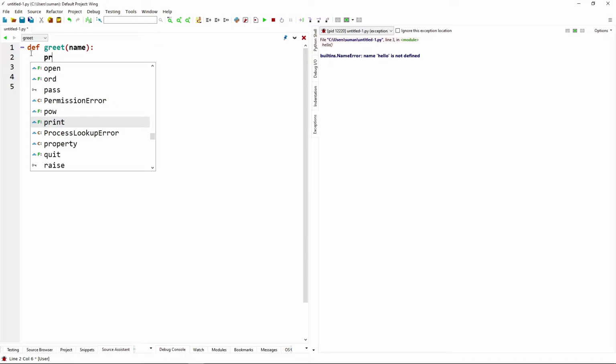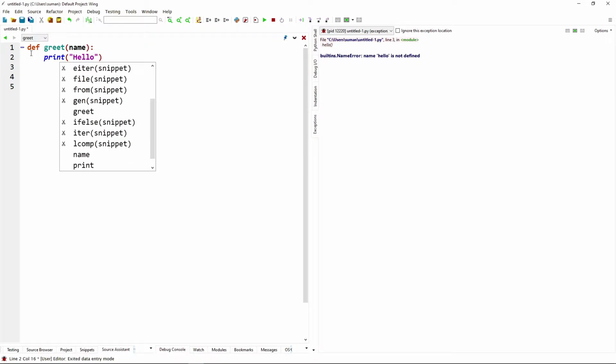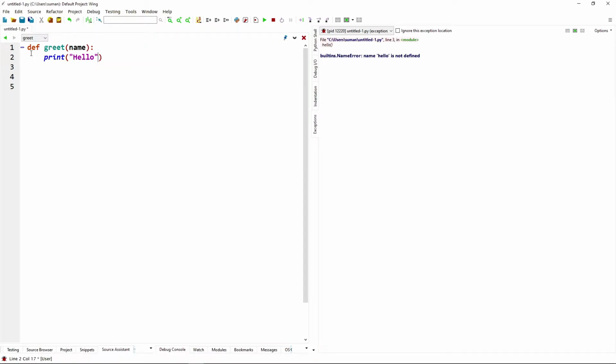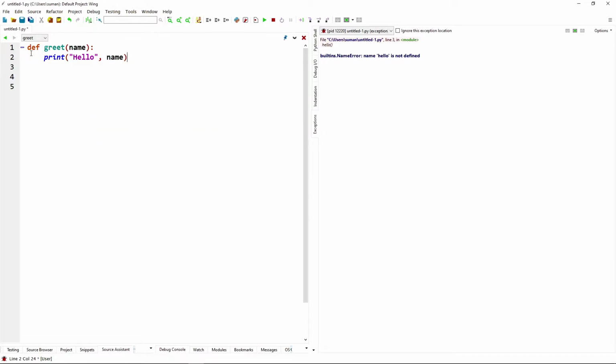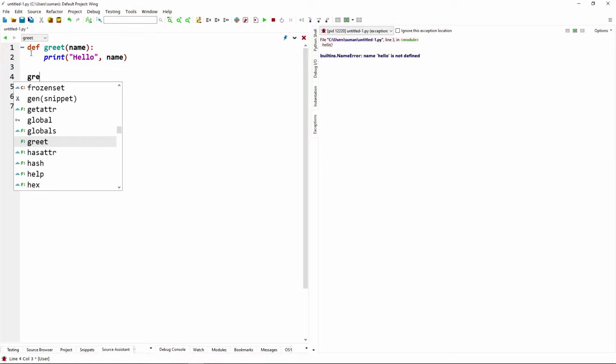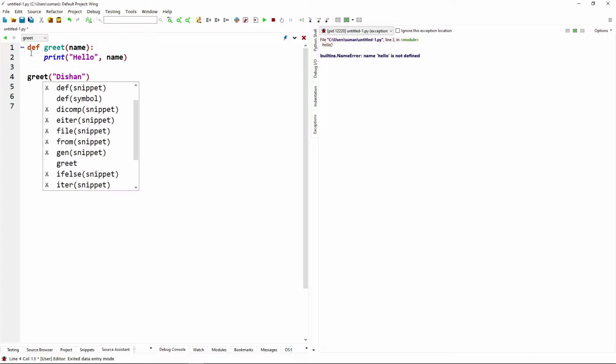Now print hello, and after that the variable name. Now we have greet and Dishan.